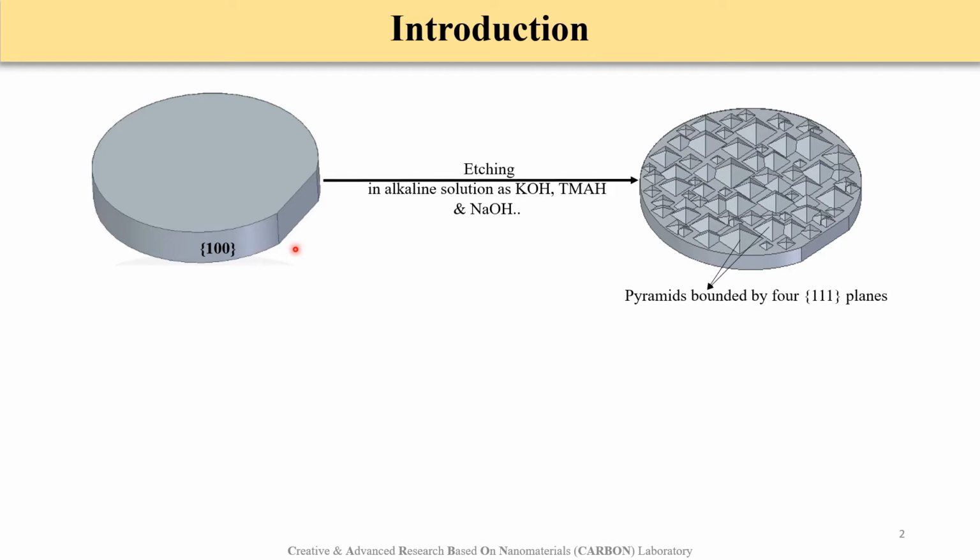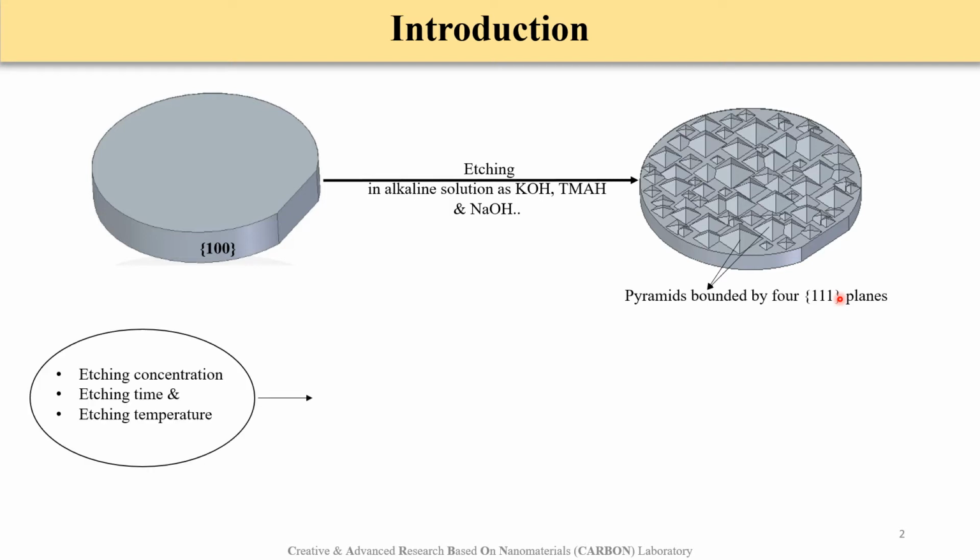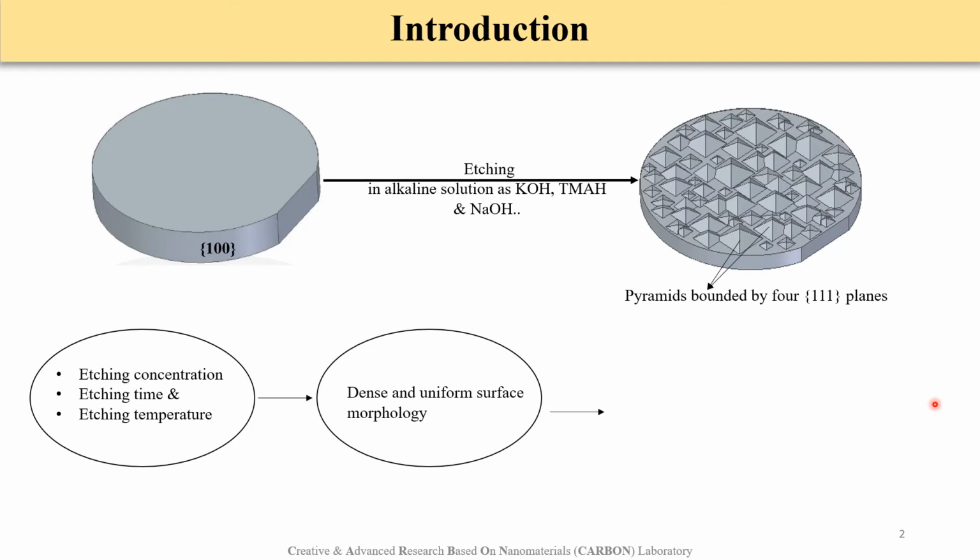Wet etching of silicon 100 in alkaline solutions results in pyramids or hillocks bounded by 111 planes. Such geometrical structures work as excellent light trapping structures and may potentially help in the efficiency increment of a solar cell. Here, optimization of etching concentration, etching time, and etching temperature is needed in order to produce a uniform and